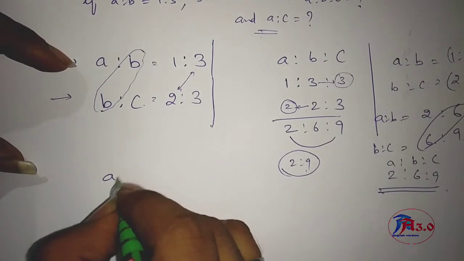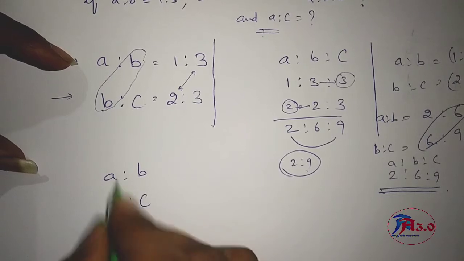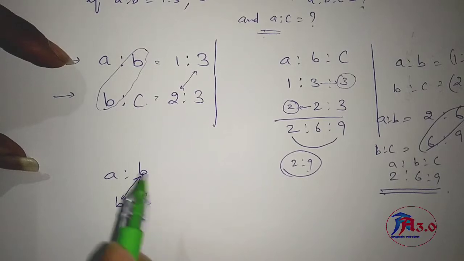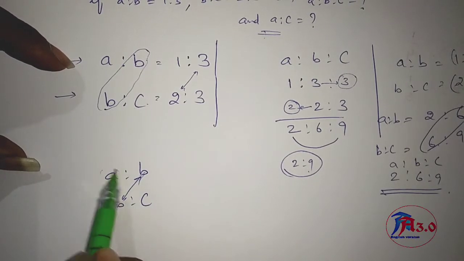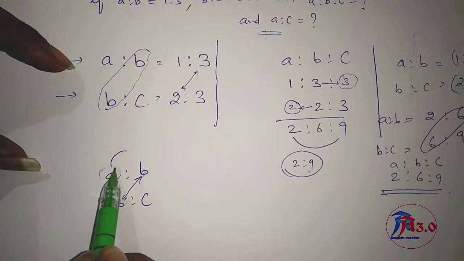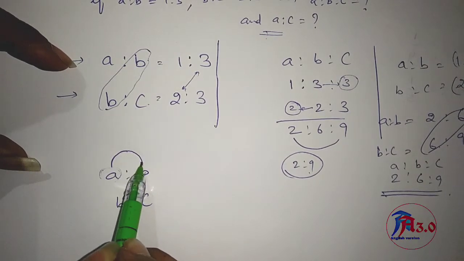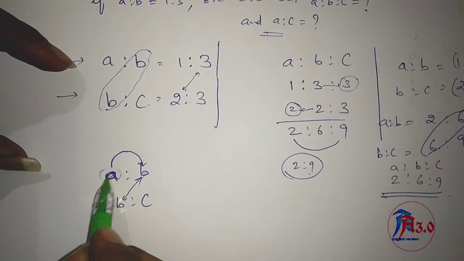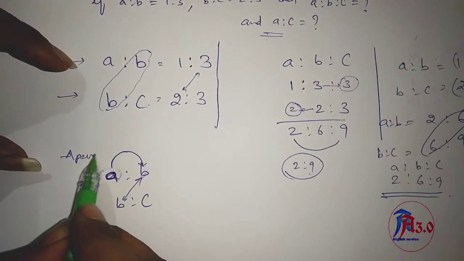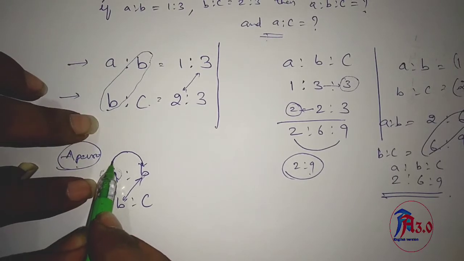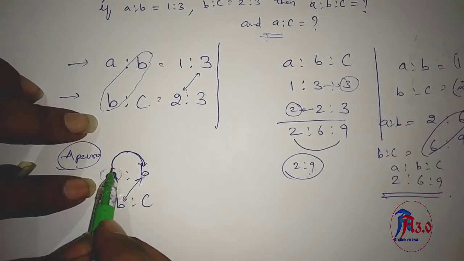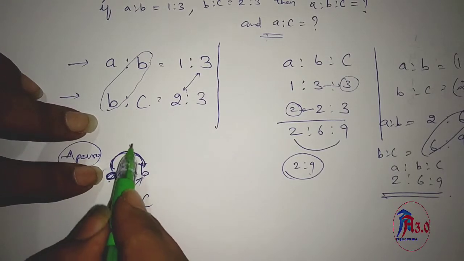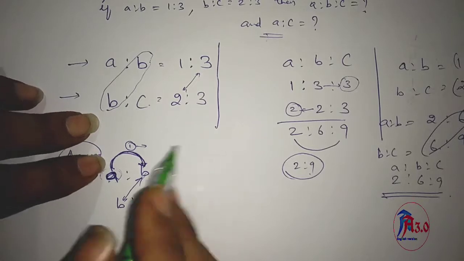So here the method goes: when you have the ratios in this form, let us assume this as income. Let us take a as some amount. A person spent 10 percentage of income on food. So he spent some amount, that means in units, let it be 1 or 2.